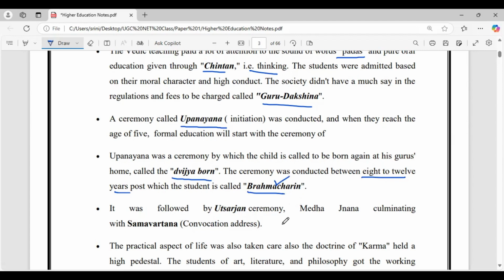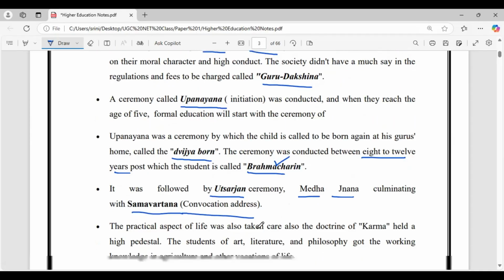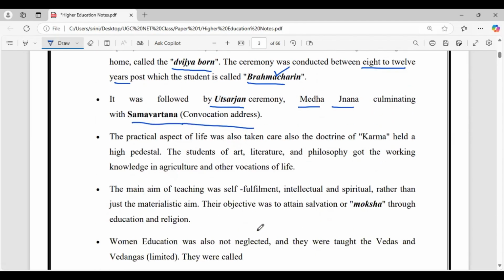Brahmachari. It was followed by the Utsarjana ceremony, then Vedadhyayana culminating with Samavartana, the convocation, like a final degree. The practical aspects of life were also taken care of by